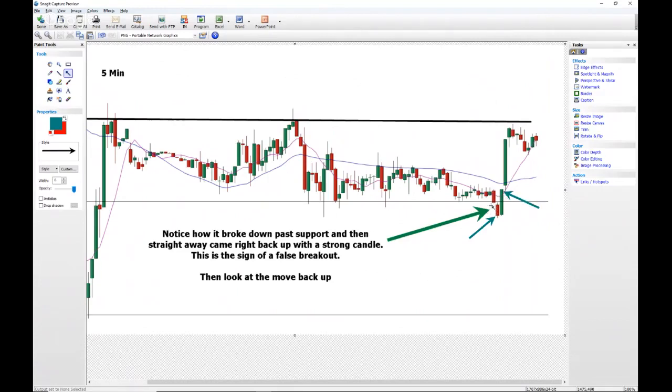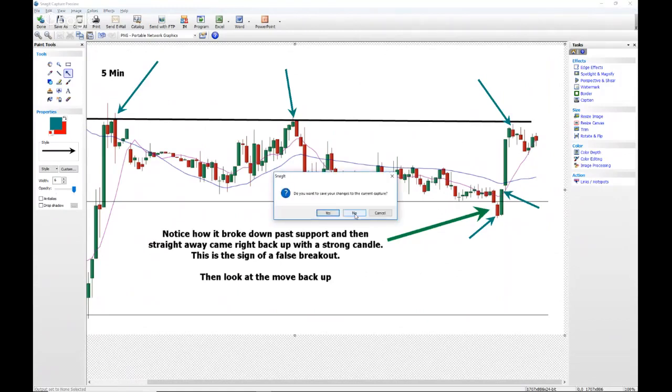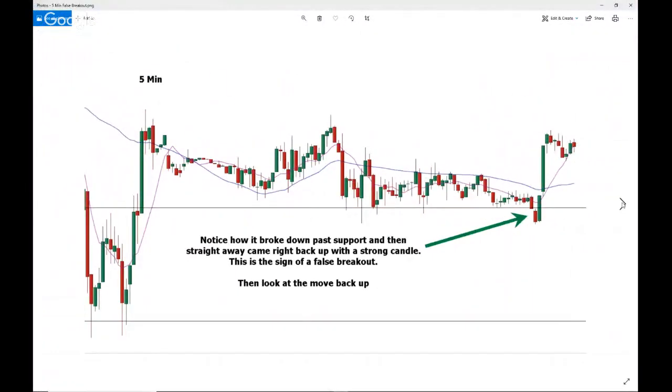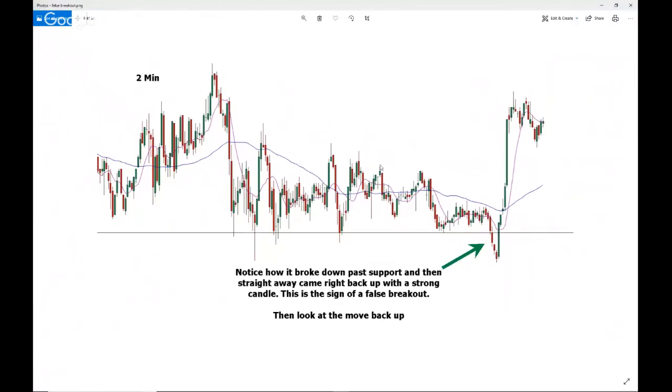That tells us that this is a bit of a false breakout. And now we're likely to run back up to the top of the channel. And that's exactly where it ran to pretty much straight away. So really, really interesting stuff there, guys. It's a false breakout. And when you see those channels, and just one last chart here.